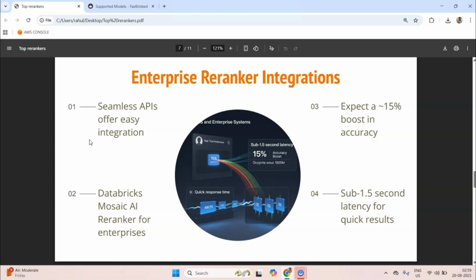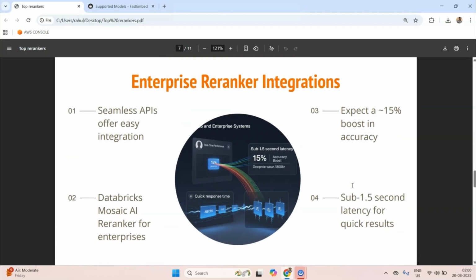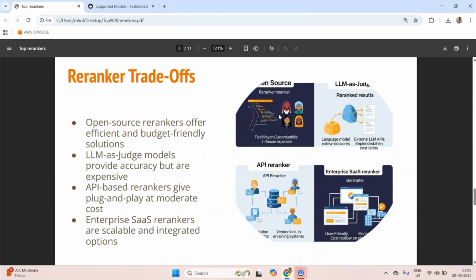Latency is really good too, about 1.5 seconds, even for let's say 50 documents. And yes, it works out of the box with LangChain and agents. This is very recent, and we are seeing lots of APIs and enterprise re-rankers becoming available daily.